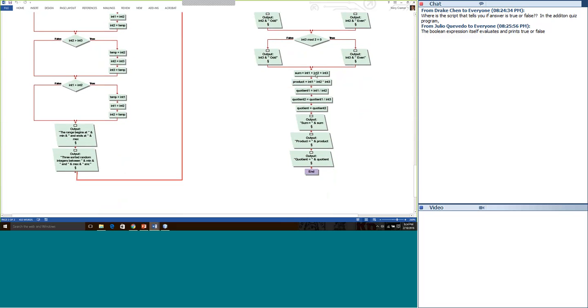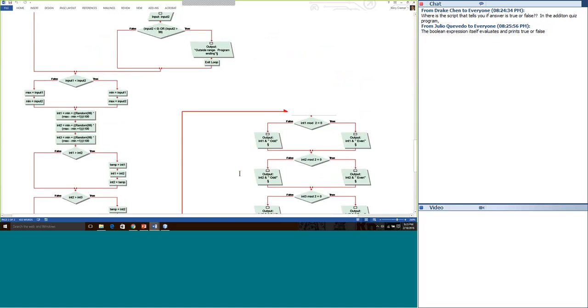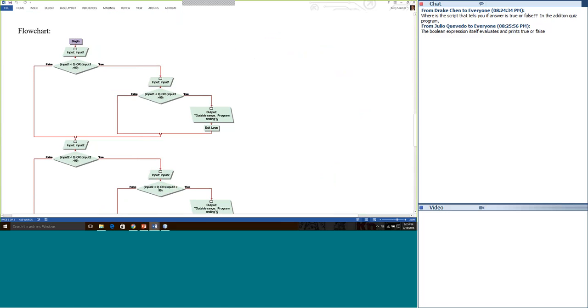And then the last piece is just doing the sum, the product. And here's where I did quotient 1, quotient 2, and this is like, I'll call it the master quotient, the overall quotient that's going to be put out. These are work variables, quotient 1 and quotient 2. So quotient now gets calculated. And then I put out the sum is this, the product is whatever the product is, and the quotient is that. So hopefully this flow chart will help you in tackling this problem.